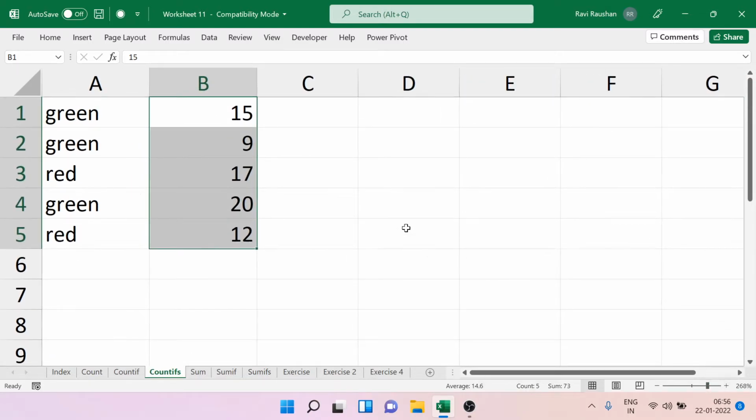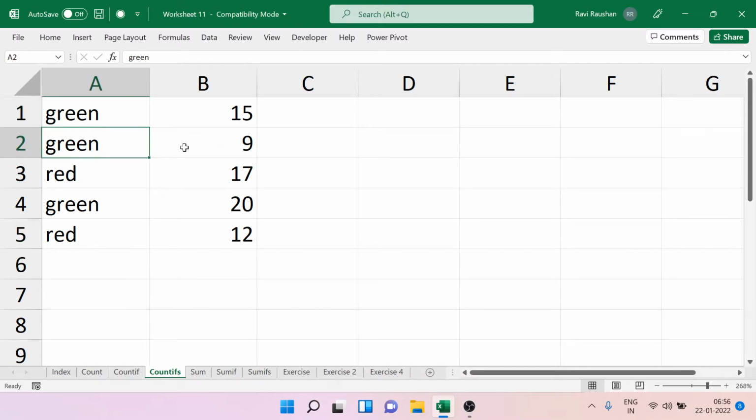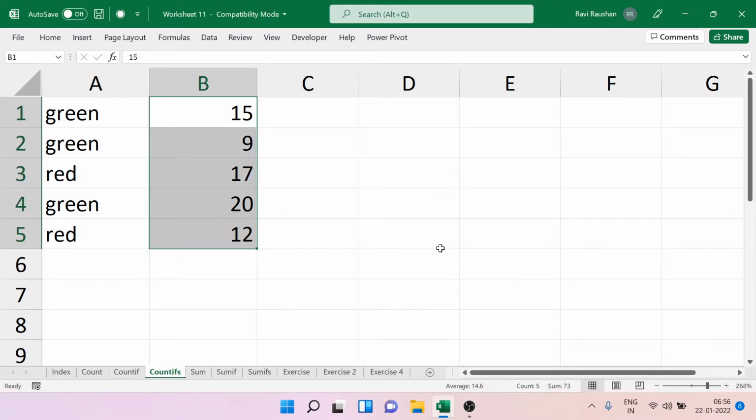Now, if it is asking us to only count the green which is more than 10. So this green is more than 10, this green is not more than 10, this green is more than 10. Okay, again I said numbers are small, you can do it by only looking at it. But if the number is bigger, here more than one criteria I have to check. First criteria, is it green, and corresponding value, is it more than 10. So when it is more than one criteria, maybe two criteria, three criteria, the count if function will not